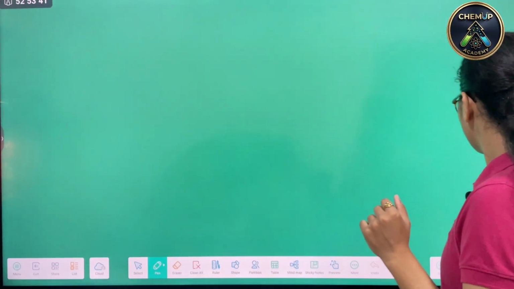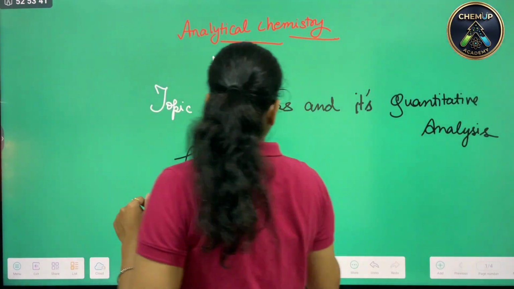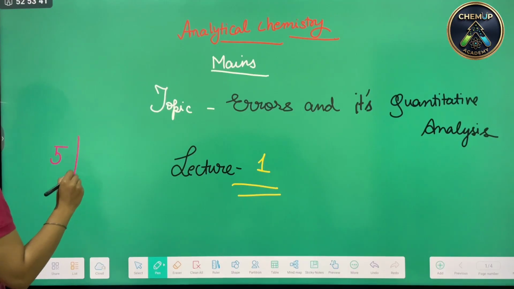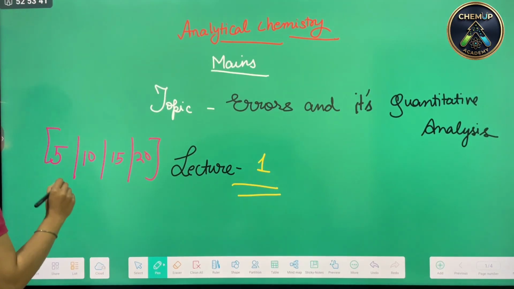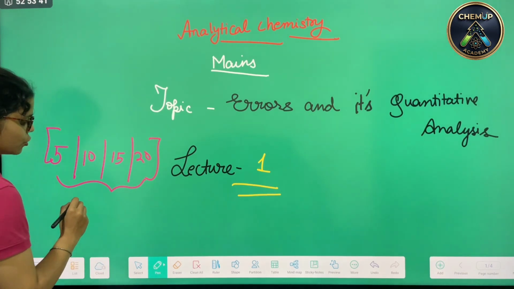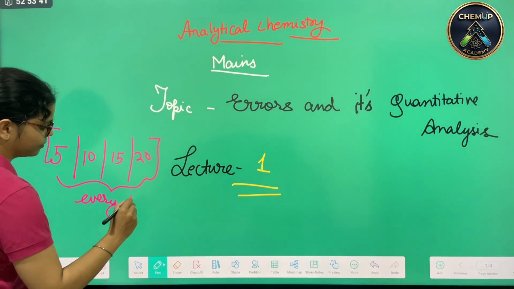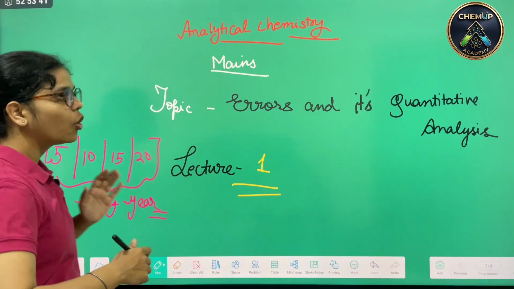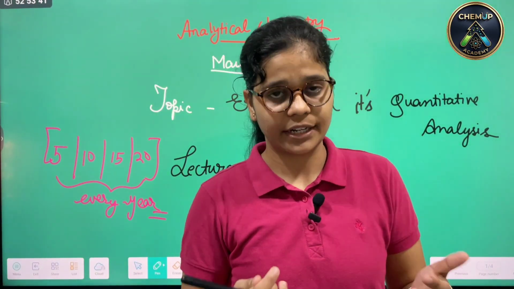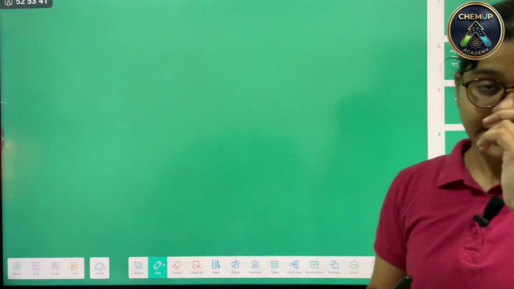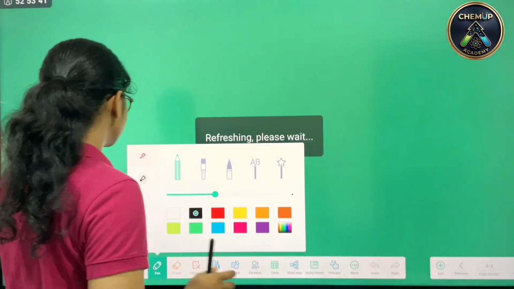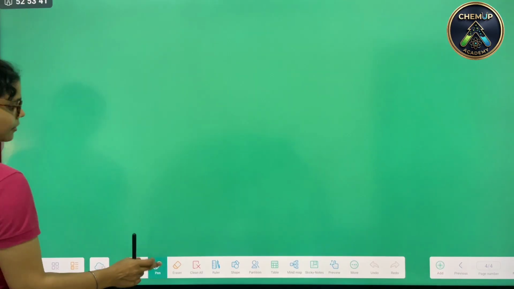But UPSC mains demands this, since it is a descriptive type of question, and every year a 5, 10, 15 or 20 marks question is seen from this particular topic, so you can mark it important. And it is not a hodgepodge thing that you will not be able to get. It's a very simple thing. You just need to pay attention. So, writing the table as significant figures, we say that